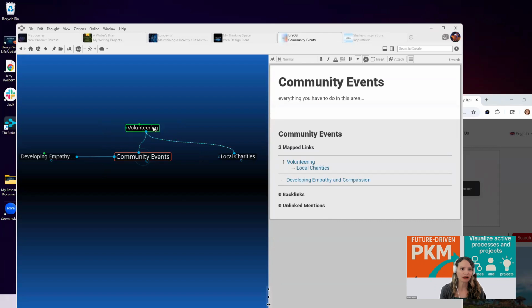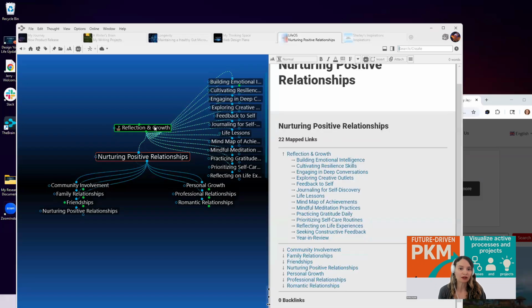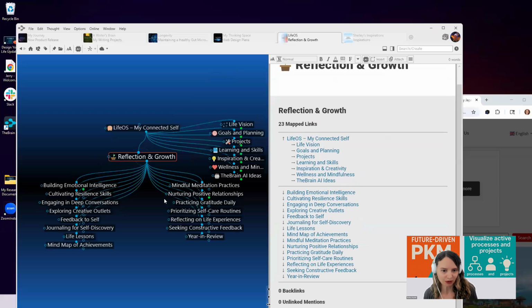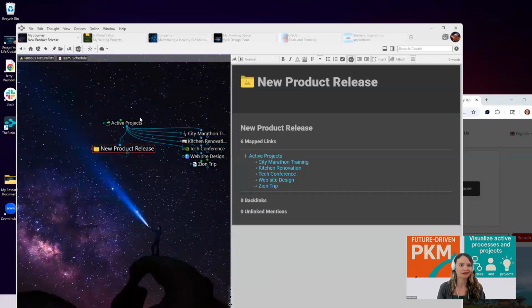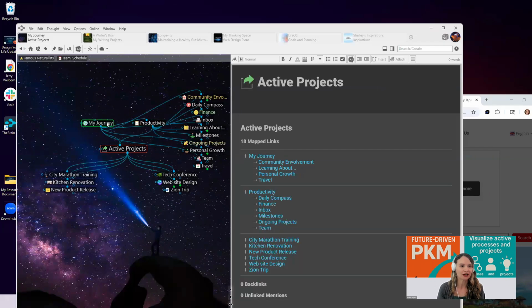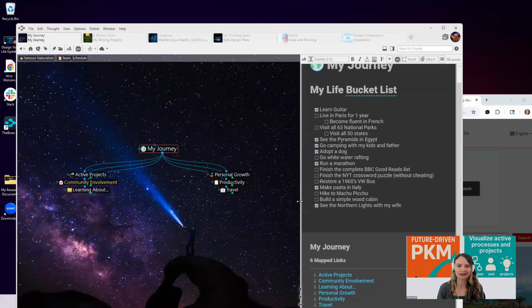And in terms of projects, obviously, personal development is not just about personal goals, but it's also about business goals as well. So if we want to go, I'm just going to hop over to another brain that is a LifeOS brain, and this is called my journey brain. It's got a little bit more active content filled out, so you can kind of get a sense of what some of these things can look like.